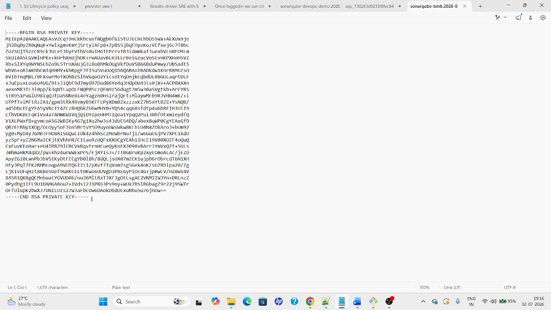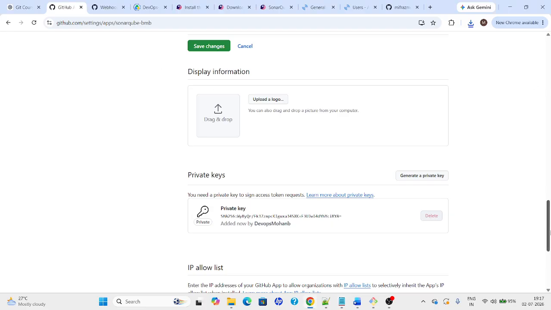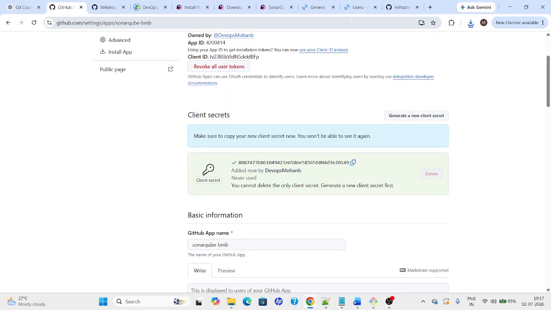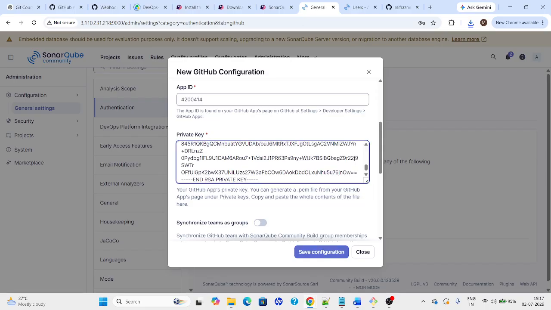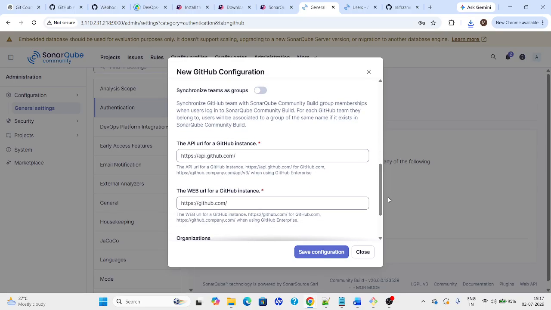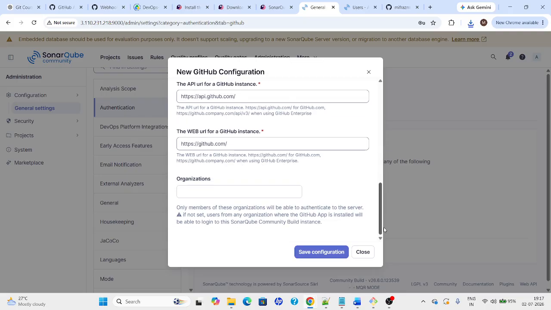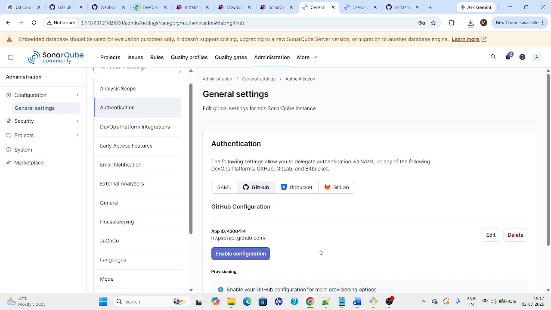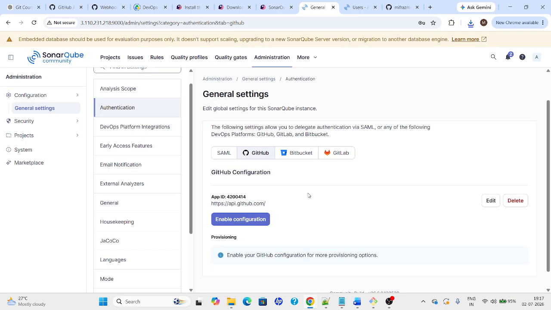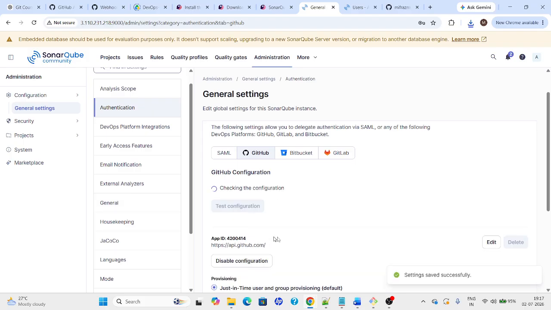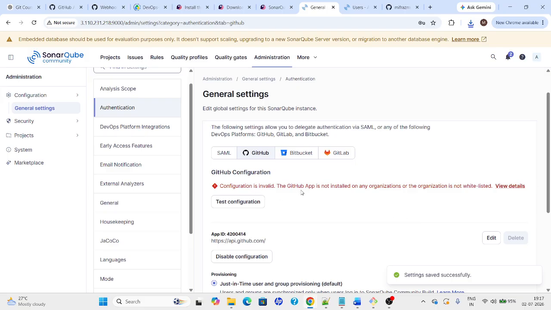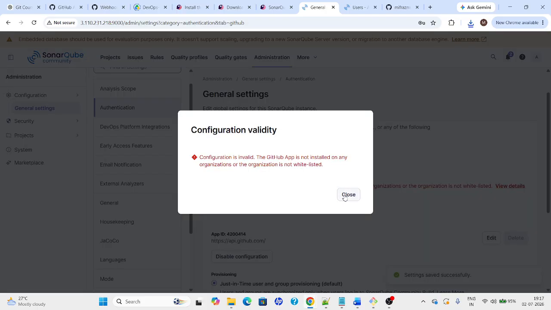You can go here and copy the content of the private key. This is the same kind of PEM file which we get at EC2 instance creation time as well, but here we have to use the content. Then we have to add the private key here and save the configuration. The configuration is invalid: GitHub is not installed on any organization. It is not there at the organization level, that's why it is not working. But these are the steps which we perform to set up GitHub with